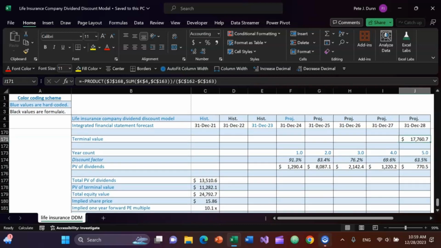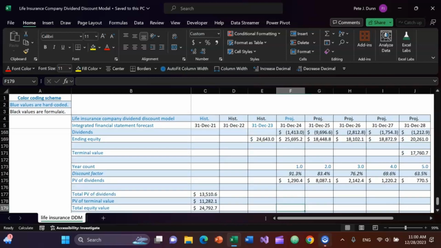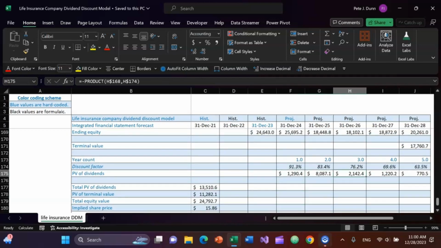Dividend times 1 plus growth rate, divided by rows 162 minus 163, which is the cost of equity minus the growth rate. So it's Gordon growth, perpetual dividend. Then you have the year count,